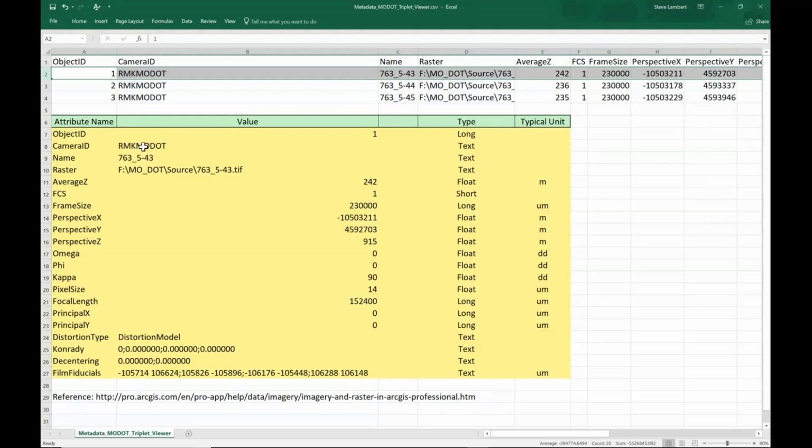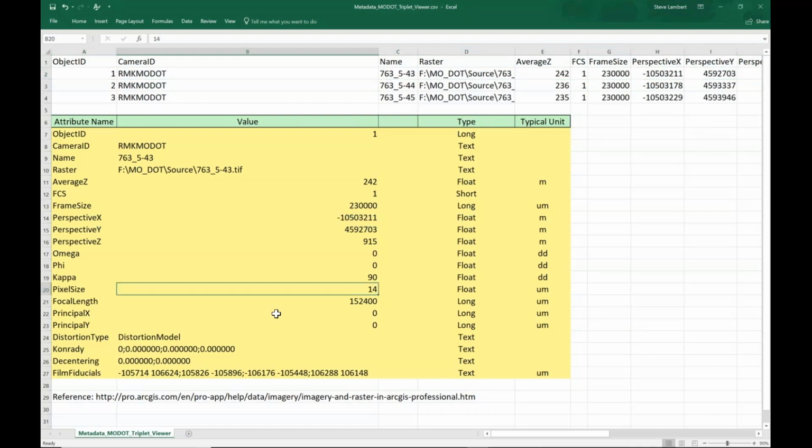I've taken the first row of my data set and copied it and transposed it here so you can see the attribute fields that we need to have initially to help define the information about the content. So we need a file name, we need a camera, we need to know where the file is located on disk. We need to know an approximate position of the image, some estimates for its orientation. Very critically, we need to know what the scan resolution is. This is driven by either scan vendors or you having an in-house scanner to collect that data. We also provide the ability to put in the focal length and any camera calibration data you may have from a USGS camera calibration report. And so you create a text file, a simple CSV file that looks like this, to help drive the ArcGIS Pro